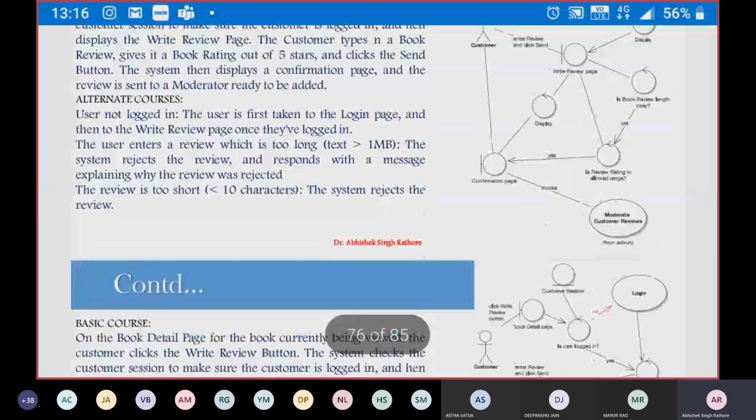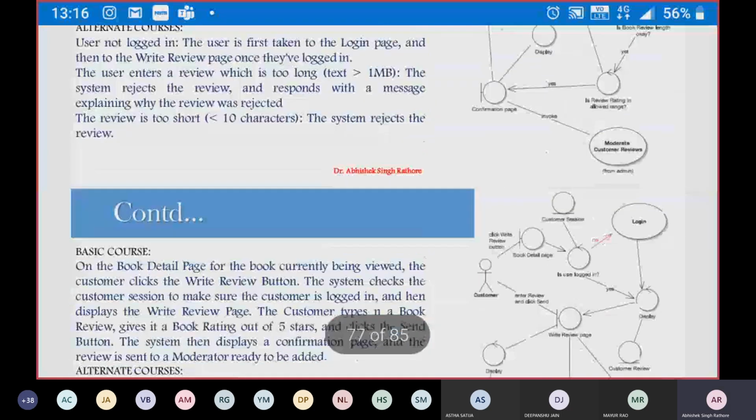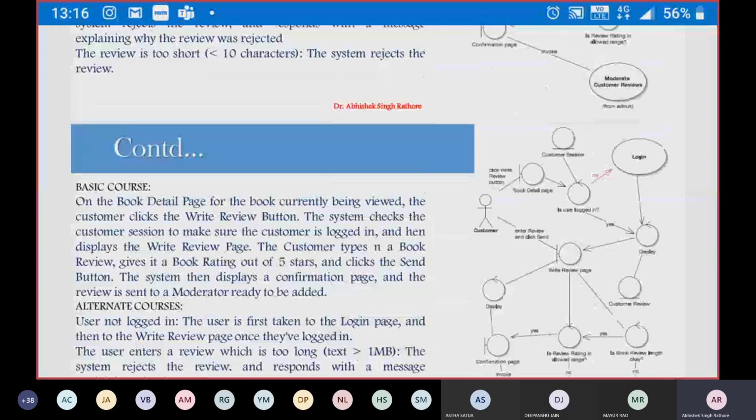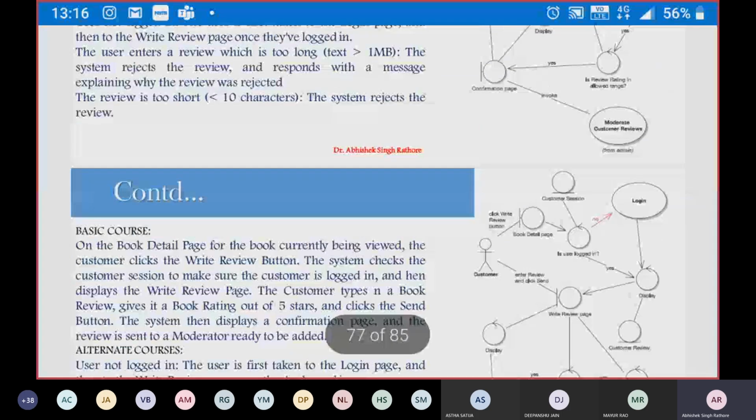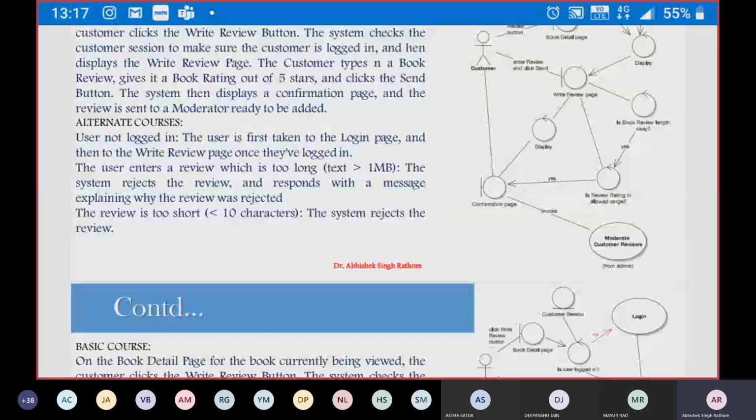Then again, we have some problems associated with these use cases. Is the book review length okay? Then, is the book rating allowed? If it is yes, then it goes to the confirmation page. In case the review length is not okay or the review rating is not in the allowed range, this is again the false case.